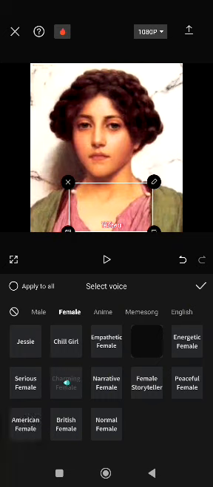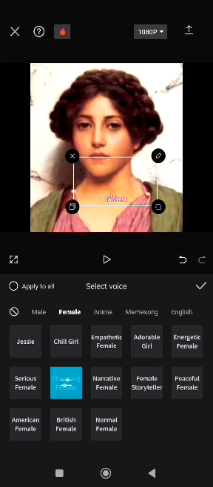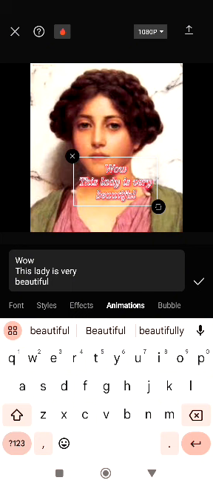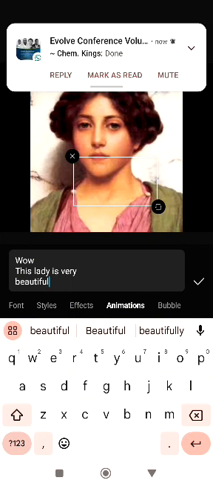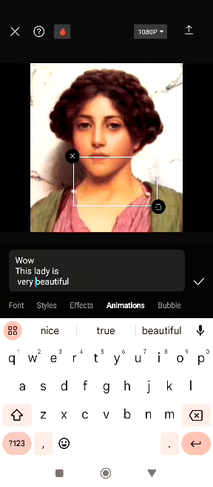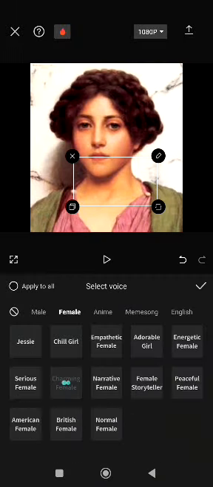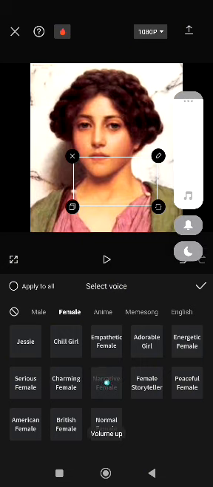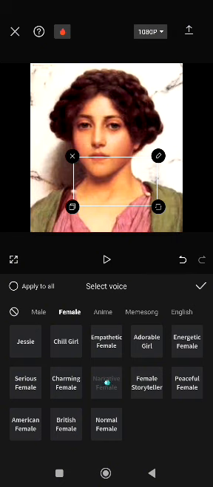All of these are for you to use. You can test run them to see. Wow, this lady is very beautiful. Well, I don't like the way she's sounding. She didn't pronounce beautiful well, so I'm going to try someone else's voice. Sometimes when you are clicking on this to add text to speech, you may experience delay. That's the network, so you just have to